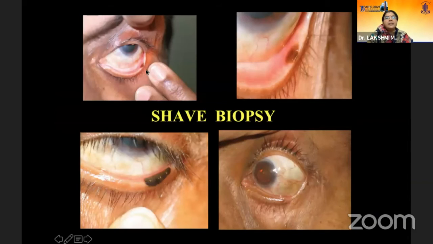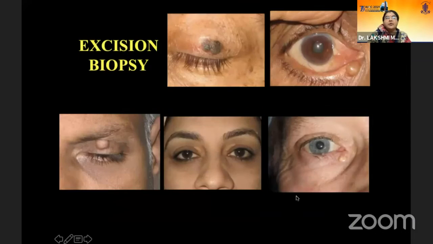And this is another example where I was watching a pigmented lesion, and this was what happened. I had to go in. This was a case of a melanoma. I had to go in a little deeply and do a shave biopsy. So what happens? You can have a defect, loss of lashes can be there, but nevertheless, it's very important to take out the complete lesion. Excision biopsy: just take out the complete lesion in toto.